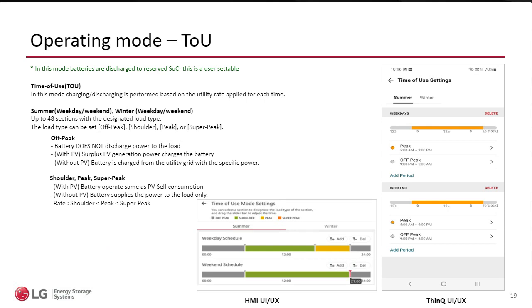Another mode of operation, and of course this is very popular in California, and in other parts of the country, not so much. There's no interest for this. But I will say that in my years of experience, what's happening in California is pretty much announcing what's coming maybe a few months later to the other states. So quickly, because it might not be applicable for everybody, I'm showing you two different interfaces here. I'm showing you from the app, and I'm showing you from the installer interface. You can set up as many as 48 different times within the week, weekend, summertime, wintertime, and they